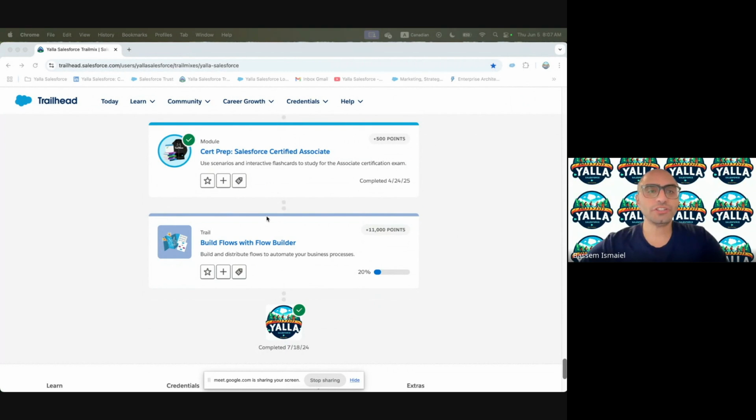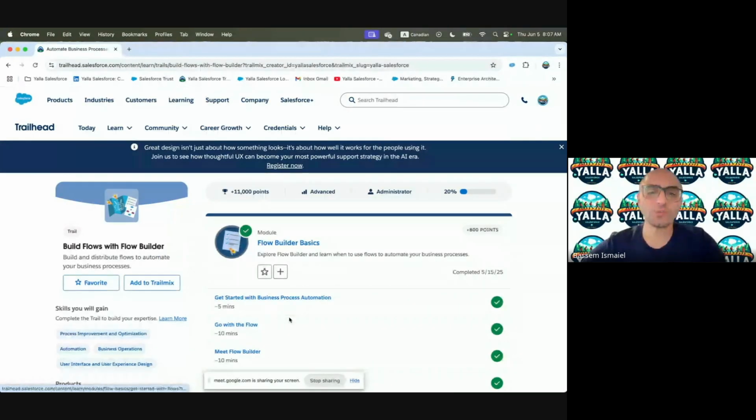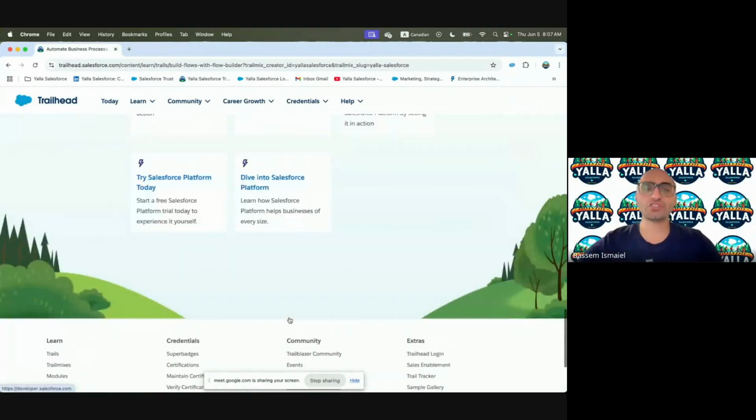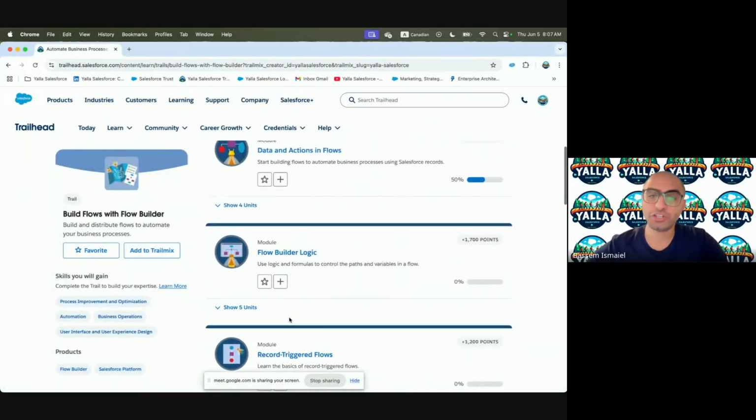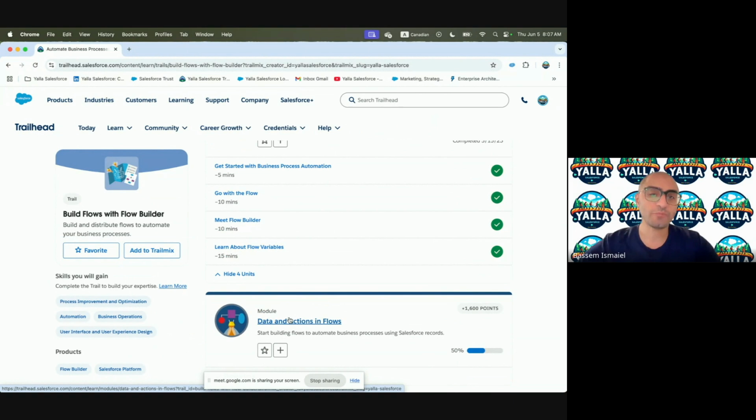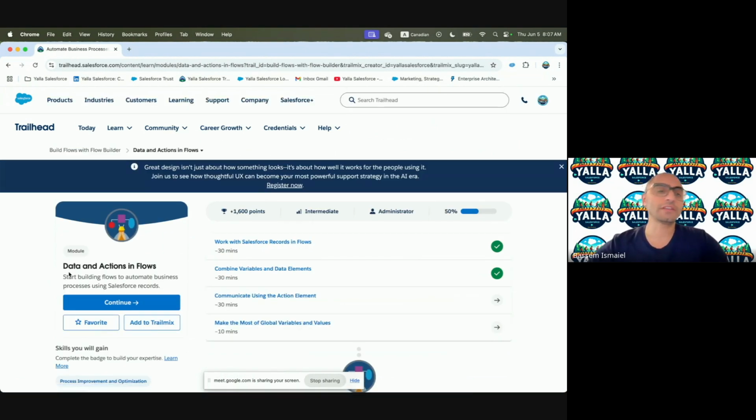We will continue our journey today with Yalla Salesforce Trail Mix. Over the last couple of sessions, we started a new chapter going through the administrator journey, understanding more about process automation, and we kicked it off understanding more about Salesforce Flow and Flow Builder. In the last session, we started the data and actions in flows. We started to understand more about record trigger flows. We understood the data elements and how we can create records and update records and so on. Today, we're going to cover the second part of the module, which is focused on the actions and